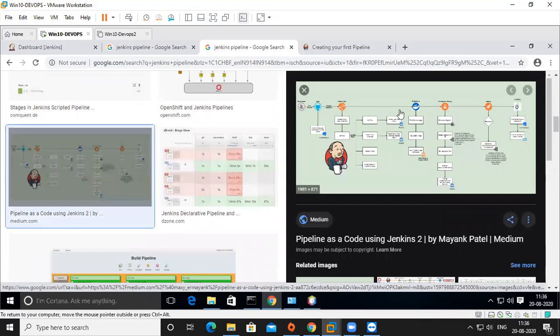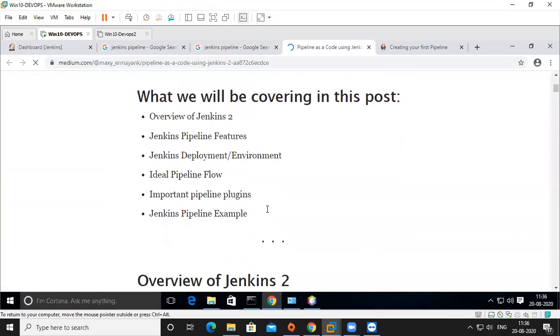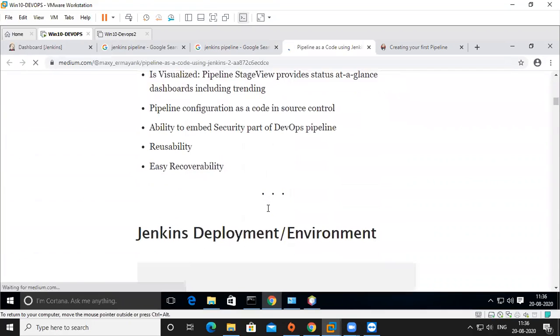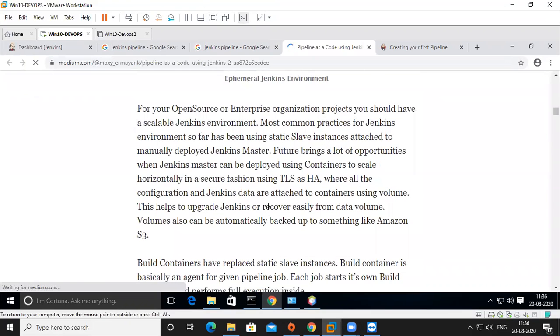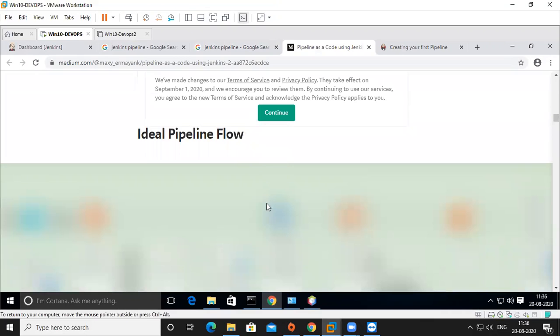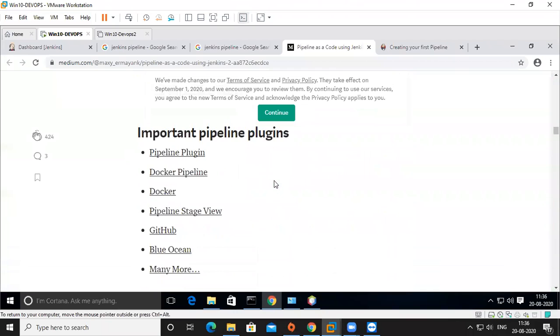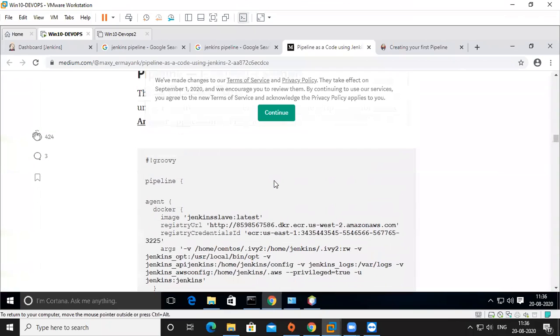Here it is a very big picture, from medium.com. This is a complete Jenkins deployment kind of flow, a pipeline flow. These cookies are always giving a headache.